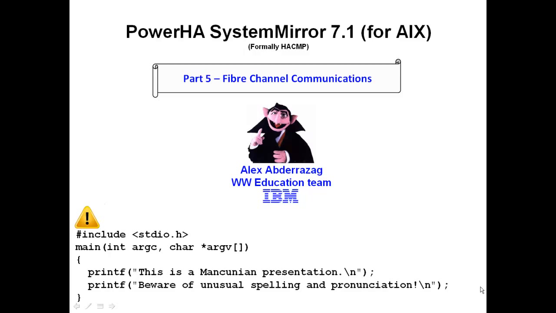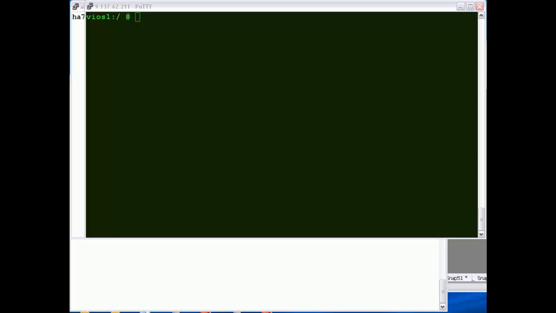Welcome to Part 5, Fibre Channel Communications. In Parts 2 and 3, when we looked at configuration of the cluster, you have noticed now there is no configuration of a non-IP based network. This is because now in version 7.1, SAN-based fibre channel communications are configured outside of the cluster in AIX or